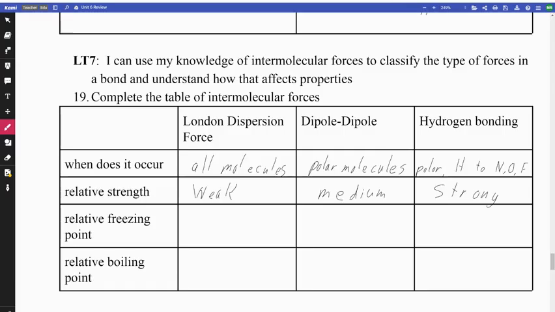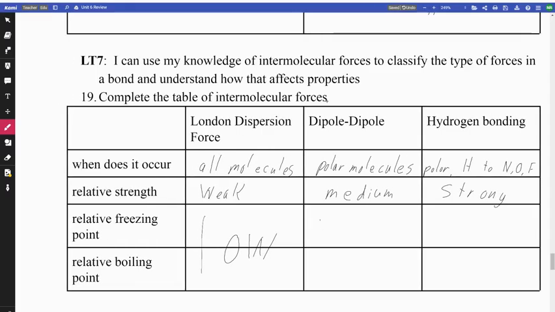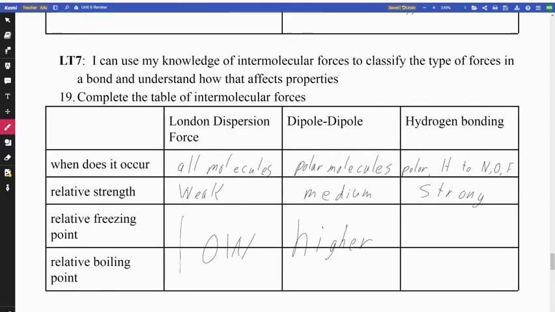All right, so relative freezing and boiling point. London dispersion has a pretty low relative freezing point as well as boiling point. So I'm just going to do low like that. Dipole-dipole has a higher relative freezing and boiling point. And then hydrogen bonding has the highest